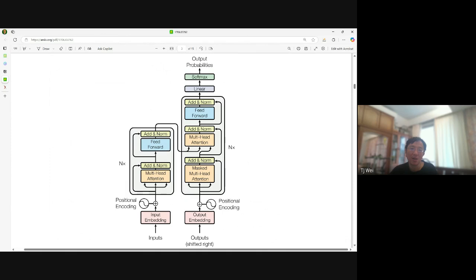The encoder is actually reading. We run the encoder first on the English text. On each layer you have a lot of different blocks, and they run on the sentence. So the input corresponds to the English text, and the output is something that is generated, like the translated text. The encoder scans the English text, and then it will start to generate